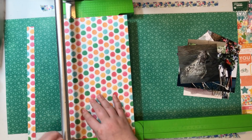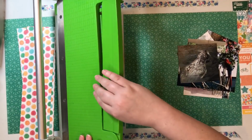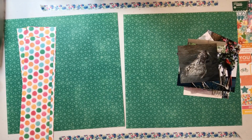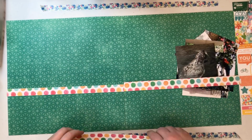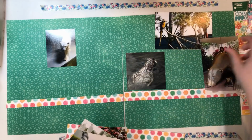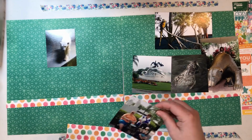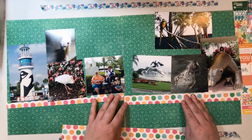Now, before I had placed all my photos, just making sure everything was looking the way I wanted. And I will mention again, I'm not some savant when it comes to photo placement and design. Especially for my crops and especially for when I'm making 2-page layouts, I do go ahead and pre-make sketches for those layouts. I actually just completed a video about